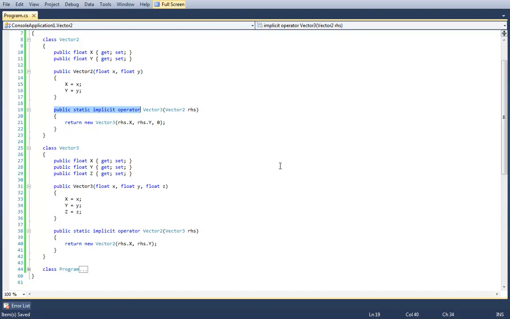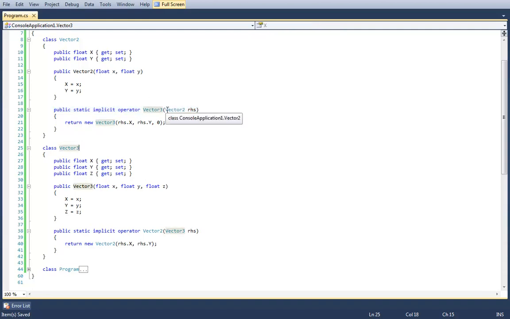They are all public, static, implicit operator, followed by the type that it's going to be converted to. Think about this as the return type of the method. The reason I wanted people to type this out is this does not look like a normal method, and you will forget this syntax, undoubtedly, because it is a very odd bit of syntax.